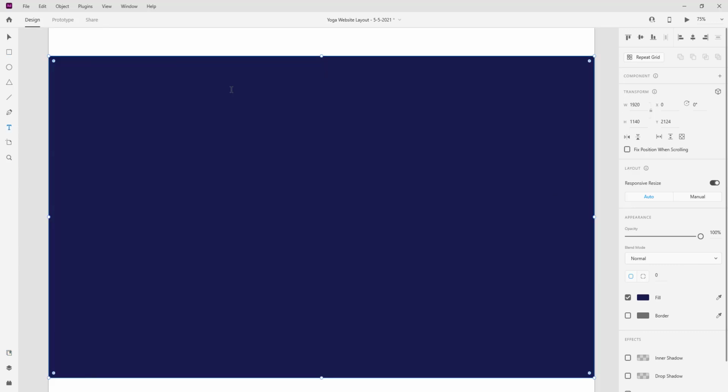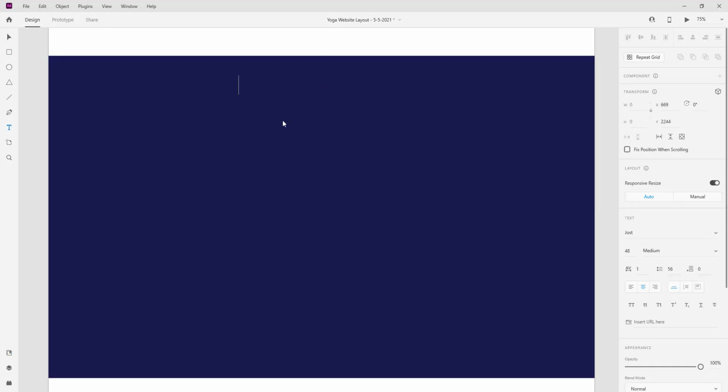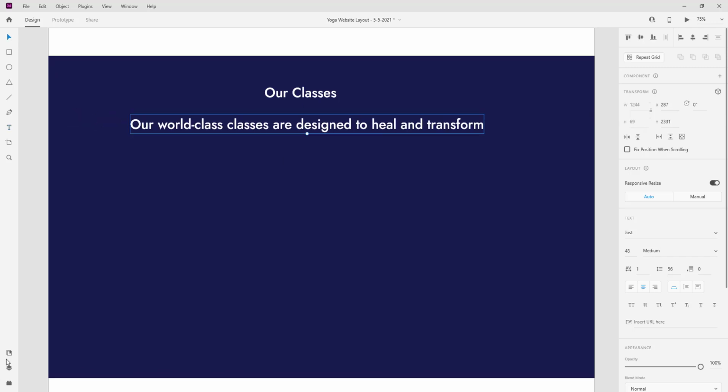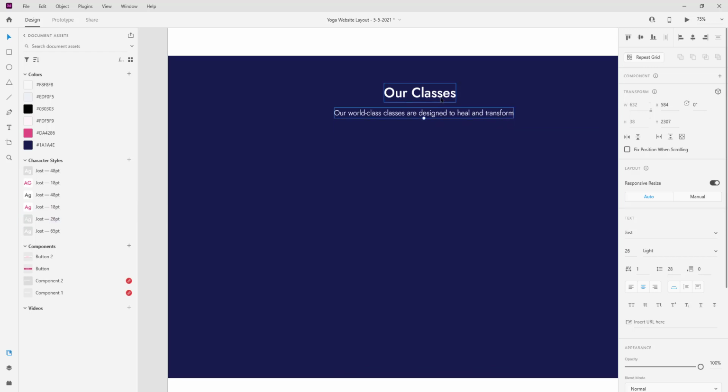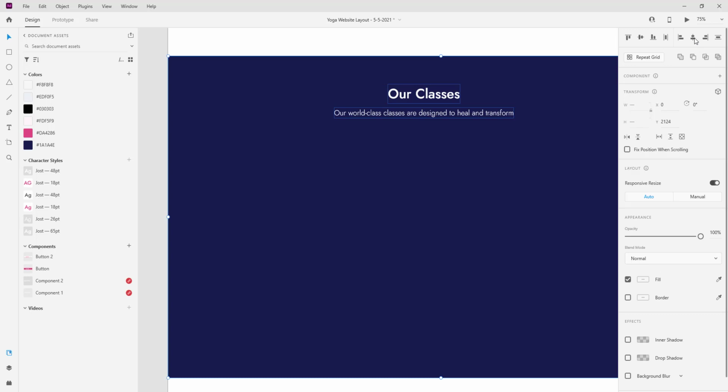and we pick our text tool. The title here is our classes. We type in that. Okay, so we get back to our assets panel. The first character style, and the description below is the last but one character style. Let's give it a gap, roughly 15. We select the two, make sure they are centered, and then select the background and ensure they are all horizontally